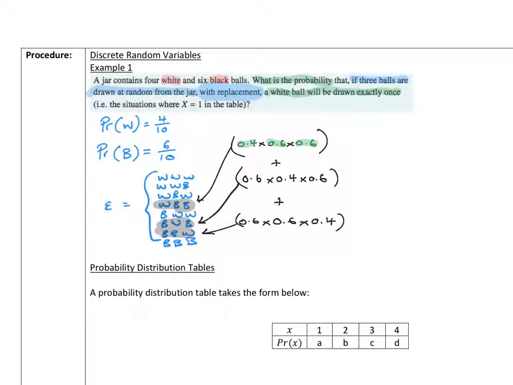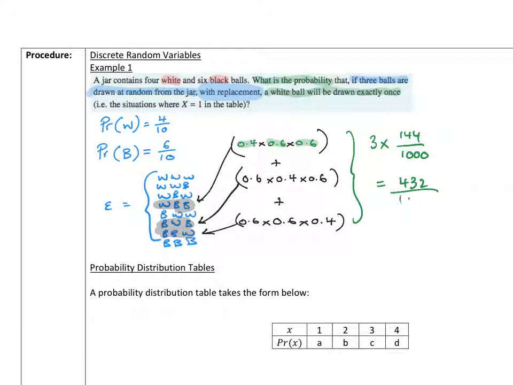So doing 6 times 4 times 6, or 6 times 6 times 4, or 4 times 6 times 6, that doesn't matter. So we could think of this as simply 3 times 144 over 1,000. So 3 times 100 is 300, 3 times 40 is 120, so we're at 420, and 3 times 4 is 12. So we end up with